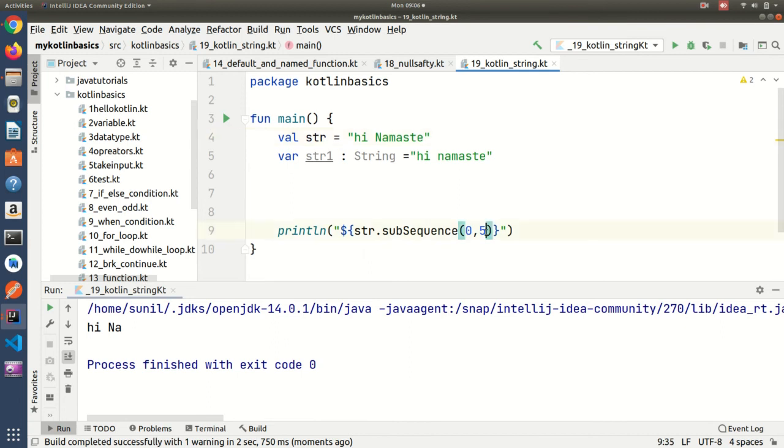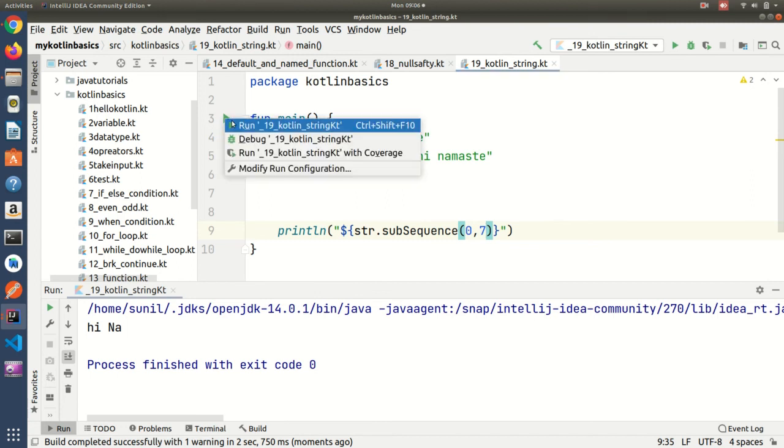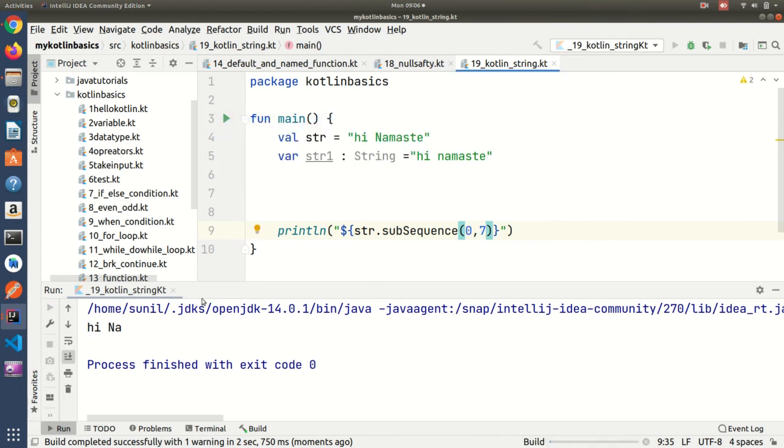If I use 6 or 7, so 5 6 7, hi nama, till that it will print. Hi nama got printed. So like that we can print some specific string based on your index.